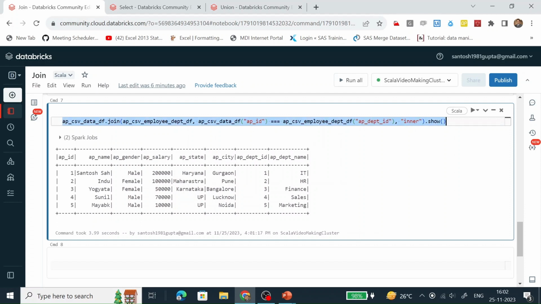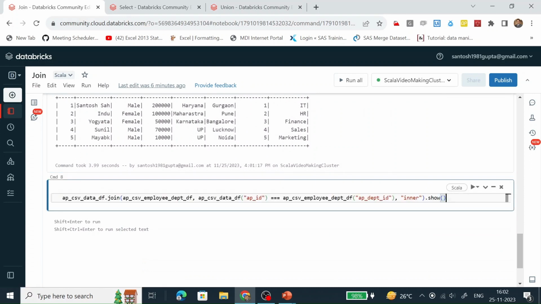Let's copy this code, and instead of inner join, let's put left join.